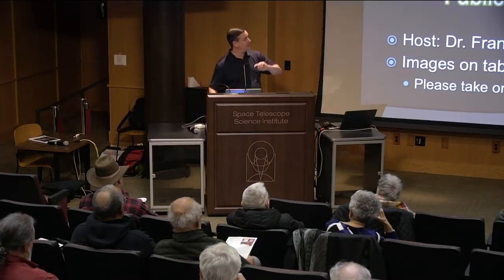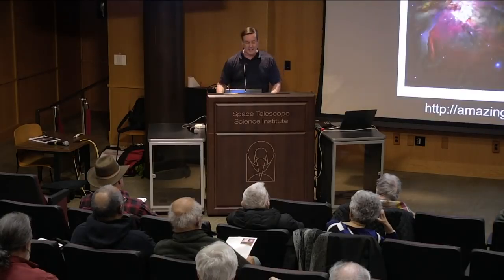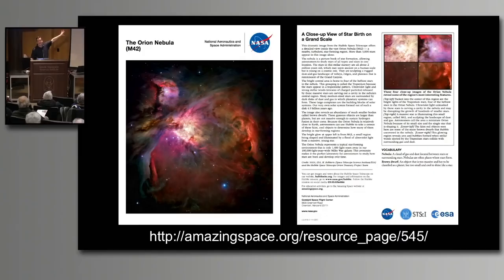When you came in tonight, we had lithographs. Tonight's lithograph is a new one. It's an old image, but we realized we'd never put out a lithograph of this image. It's one of the classic images of the Orion Nebula from 2005. It was released on Hubble's 15th anniversary. And at the time, it was one of the largest mosaics we'd ever put together. It was some 300 million pixels.